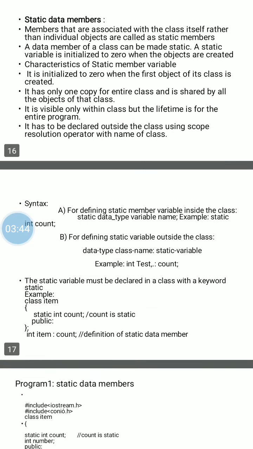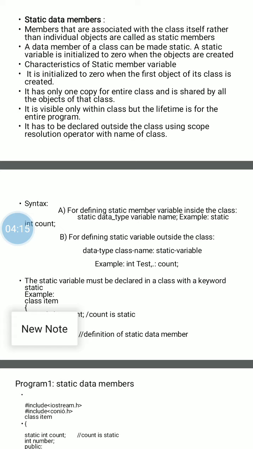Next, syntax for declaring the static variable inside the class. Static variable declaration is inside the class and definition is always outside the class. To declare a normal variable, we use data type and variable name. Here just use a static keyword.